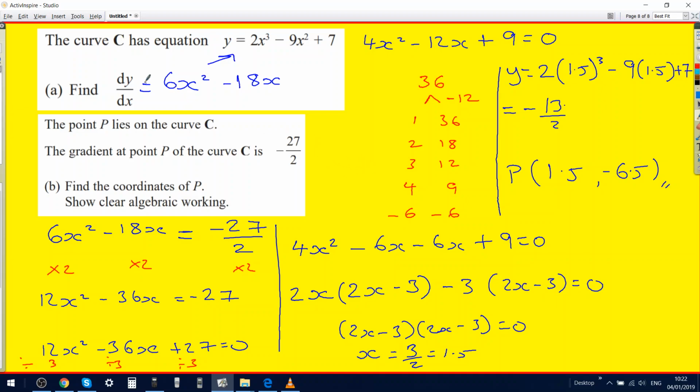Yeah, so dy dx is a formula for finding the gradient at a point. They said the gradient at a point is minus 27 over 2. So there's some value of x that gives you that. So make them equal to each other. Solve to get that. So it turns out there was only one value, which was 1.5. And then sub that in to get the y value. Any questions there? Okay, so